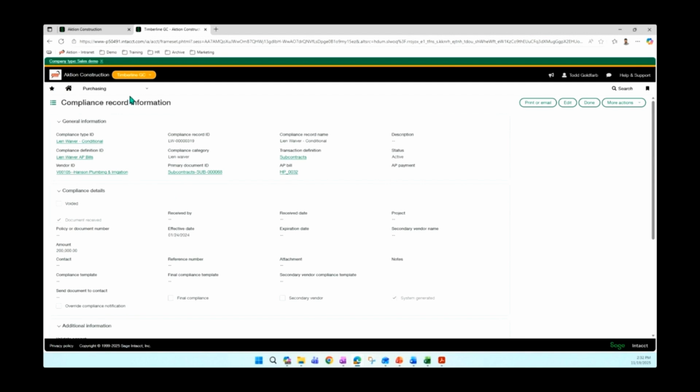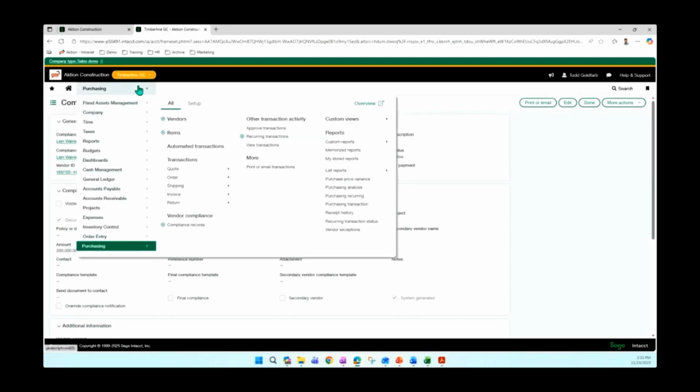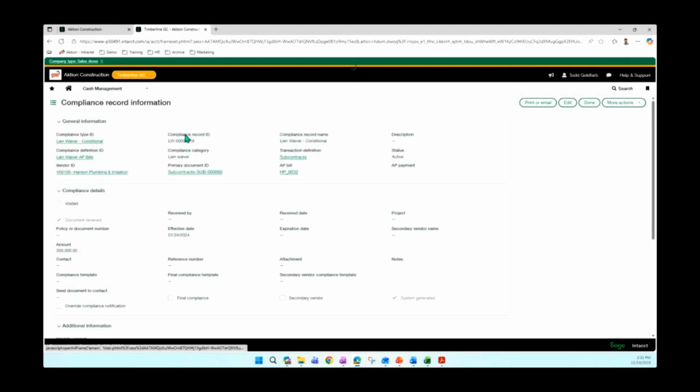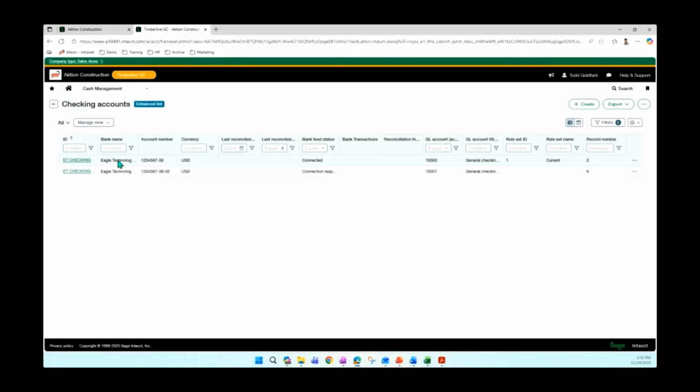When we talk about cash management, there's two ways that cash works here. When we're talking about transactions that come in, when a cash management account is created, we can use what we call the banking cloud, right? So what does that mean? I've got my checking account here. When I pull this up,